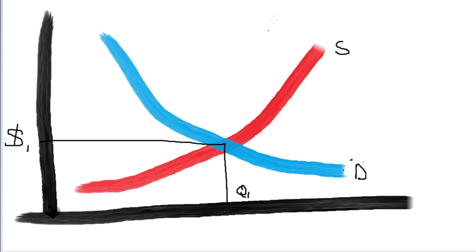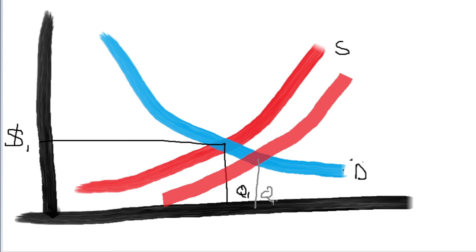So, for example, what happens when we have foreign trade and that causes supply to go up? We have supply going up. What's that going to do for quantity? What's that going to do for prices? More or less, it's going to end up increasing quantity. So we're going to have quantity 2, which is bigger. But we also could end up having a slightly lower price, which is the idea of trade and why we trade